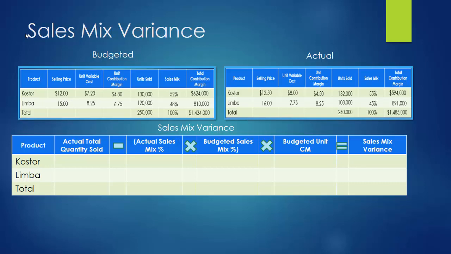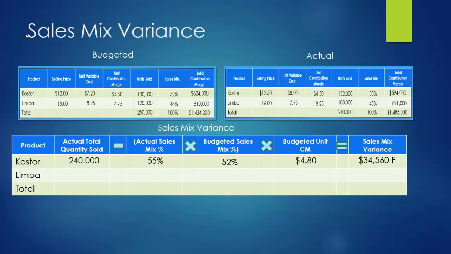Let's move on to our sales mix variance. For the sales mix variance, we're going to start with the actual total quantity sold. And we sold 240,000 cartons of our fruit drink during the period. From that, we are going to subtract the difference in sales mix percentage, which is attributable to that particular product line. So for CostStore, it actually ended up being 55% of our sales, but we budgeted for it to be 52%. So 3% more of our sales were in CostStore than we planned for. If we multiply that by the budgeted unit contribution margin of $4.80, we're going to come up with a sales mix variance of